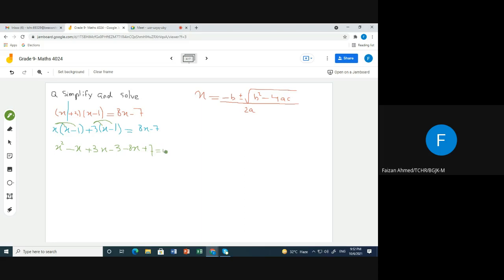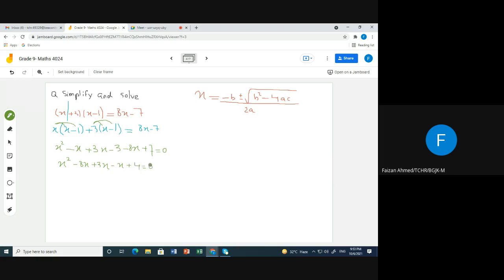Simplify कर लो जल्दी से, add and subtract the like terms. X square, since there is only one term of x square, so I will just write x square. दिस इज माइनस एक्स प्लस थ्री एक्स। अगर कंफ्यूजन हो रही है तो जस्ट राइट द ग्रेटर फर्स्ट। माइनस एट एक्स को पहले लिख लो, इस तरह लिख लो, माइनस एट एक्स, and then positive 3x, and then you can write minus x. Minus 3 and plus 7 will give you plus 4 equals to 0.